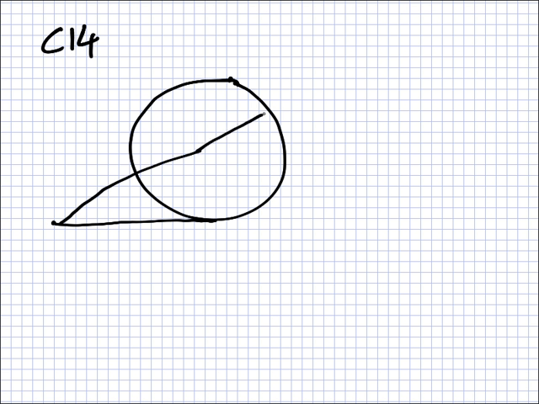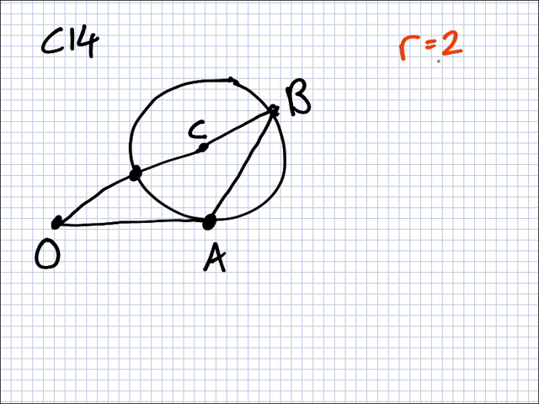Okay. Radius 2. And this is A? Yeah. B? C. No, C is in the middle of the circle. And then O is in the corner. And the radius, what do you know? The radius is 2. And the angle AOB is 30 degrees. This is 30. Yes. Find